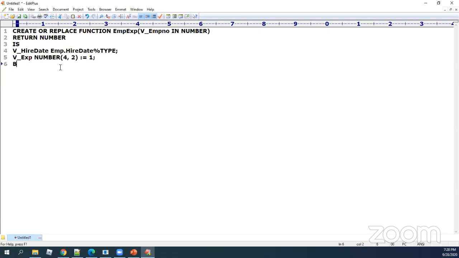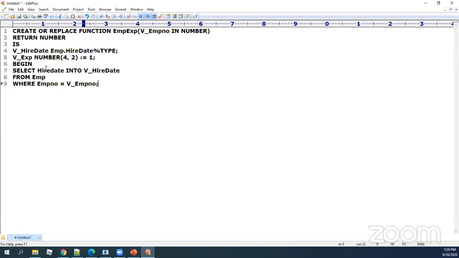Then I'm picking up my operational logic. If I need to calculate the experience of the employee, then definitely I need the hire date of the employee, which should come from my database. Do you agree with me? So I'm going with my select: hire date into v_hire_date from EMP where employee number is equal to v_employee_number.